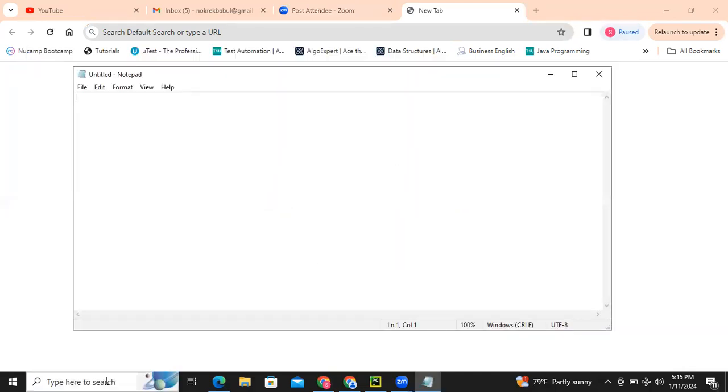What do we understand when we say multi-purpose programming language? Python is a multi-purpose programming language.